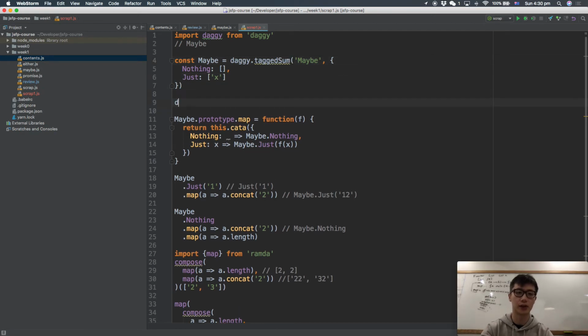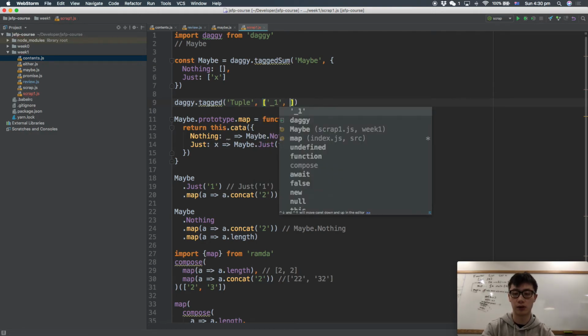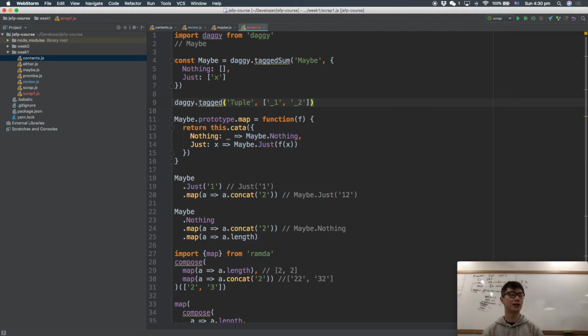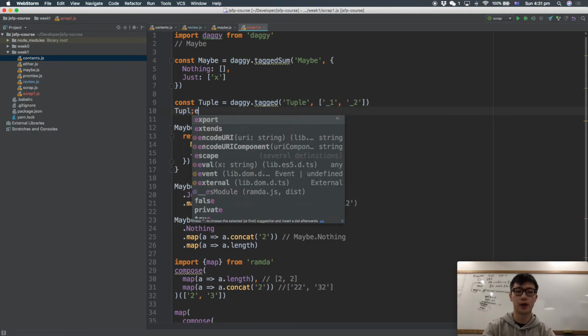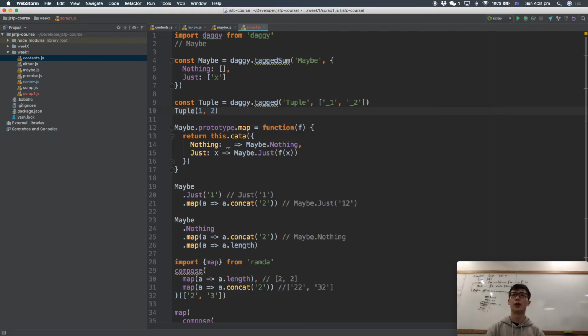There's another method called DAGI.tag, which you name, say, tuple. And then basically you say 1 and 2 here. That is the product type. When I construct, let's give this type a name called tuple. So it only has one type in that case. It contains both types. Right? This is isomorphic to